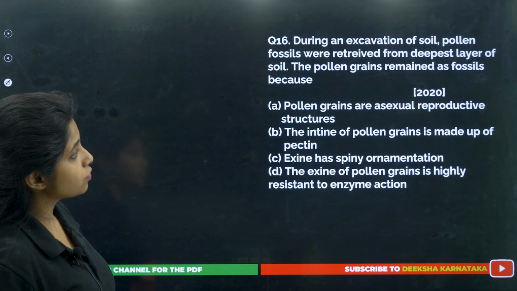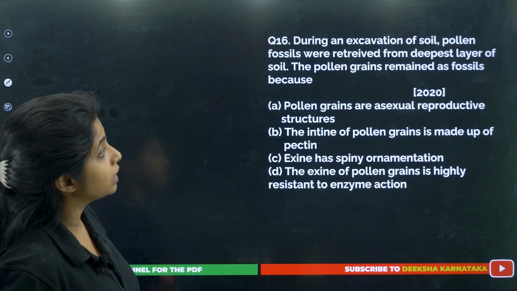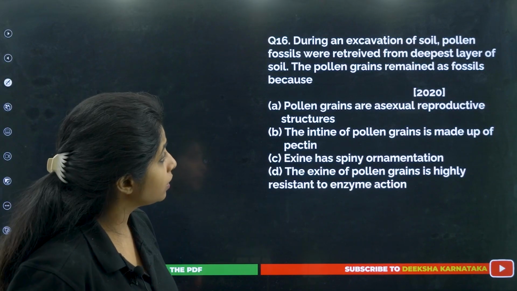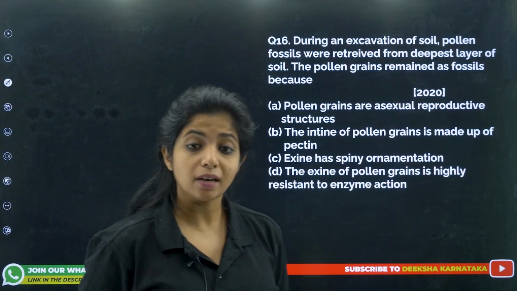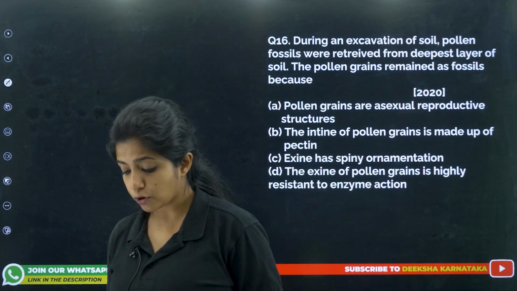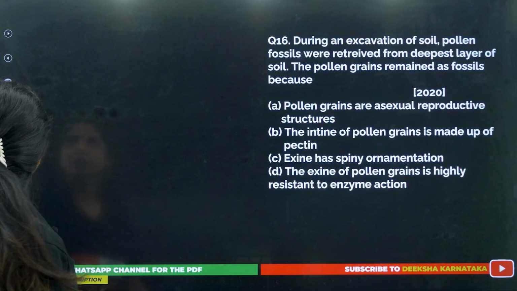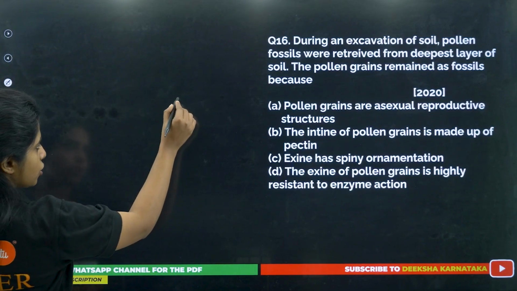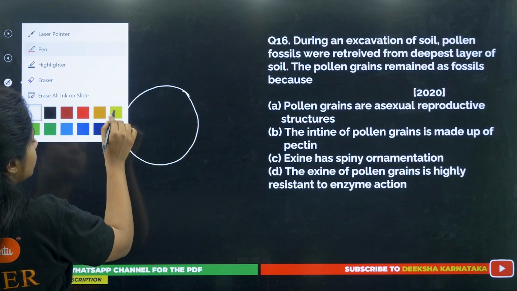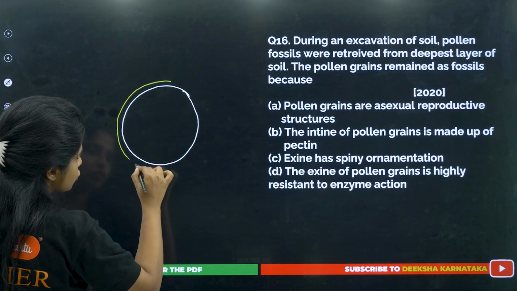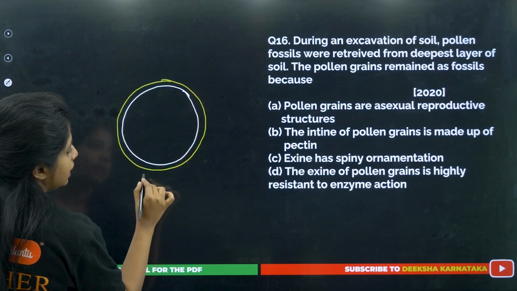During an excavation of soil, pollen fossils were retrieved from the deepest layer of soil. The pollen grains remained as fossils because of. Why do you think pollen grains can still remain as fossils? What is that unique quality about the pollen grains? So I will tell you the pollen grain structure. Pollen grains look like this. It has a plasma membrane. Outside the plasma membrane, it has something known as intine,